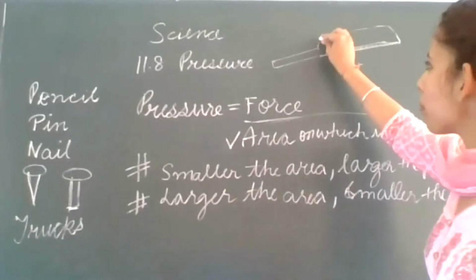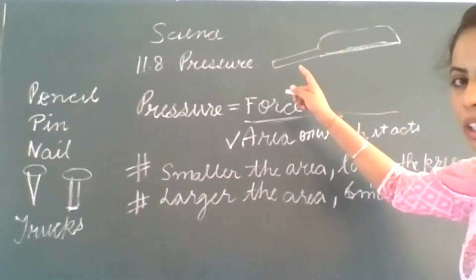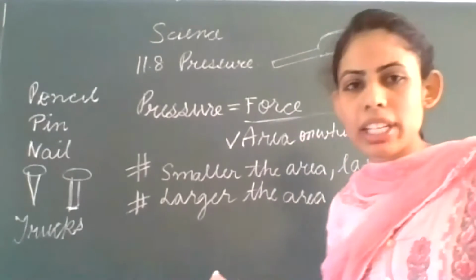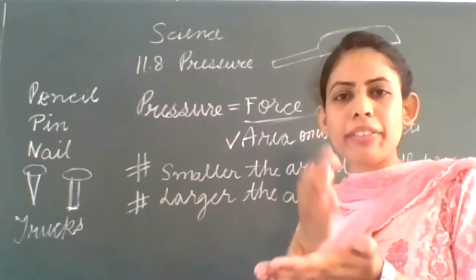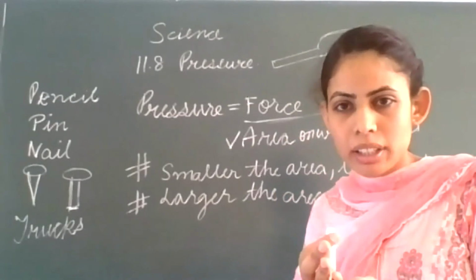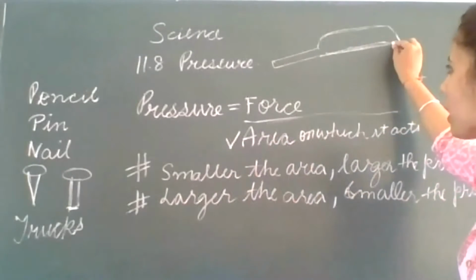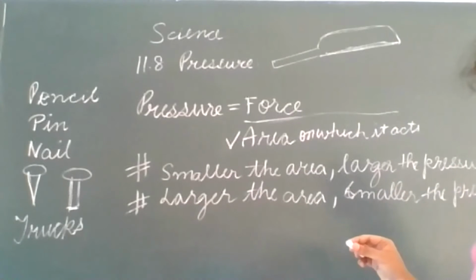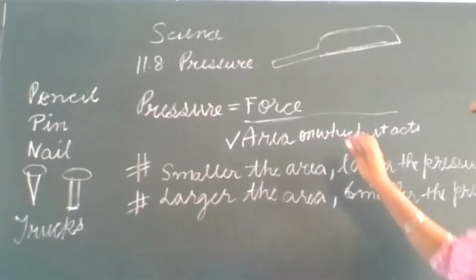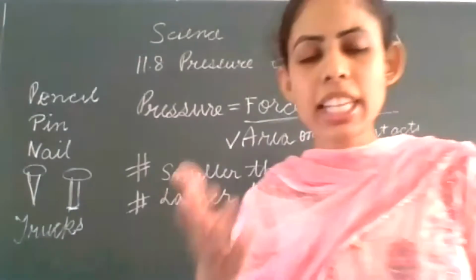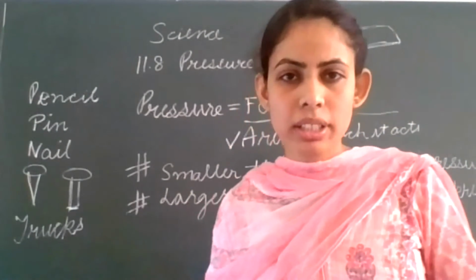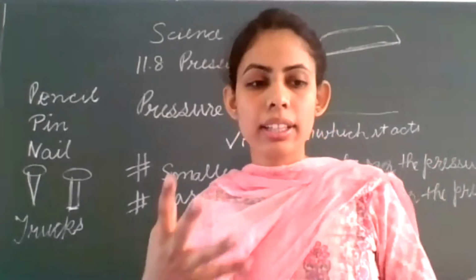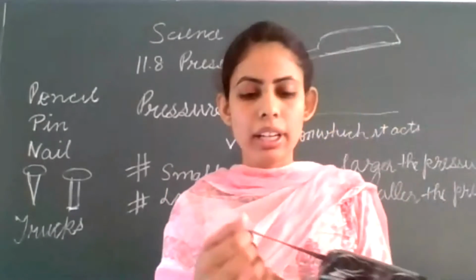If we try from the blunt side, what will happen? The pressure that we are applying will decrease, and we are not able to cut the vegetable from the blunt side. On this side it is sharp in nature, which means the area is decreased by sharpening the iron, or whatever it is made of. Then it is easy to cut the vegetables. Ma'am, handles of suitcases. Ma'am, nail of the foot. Ma'am, edge of an arrow.